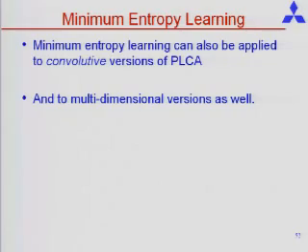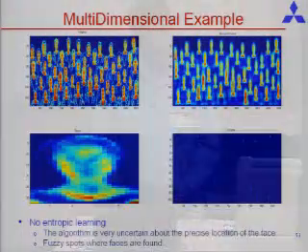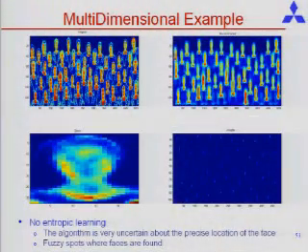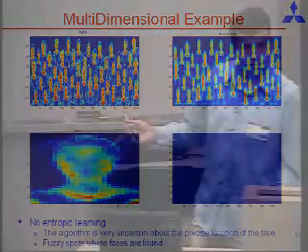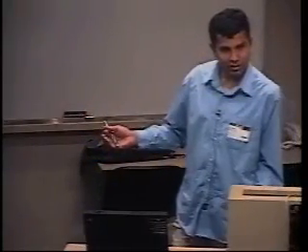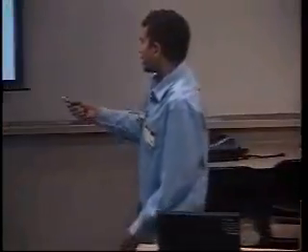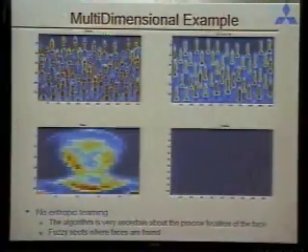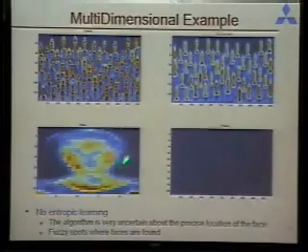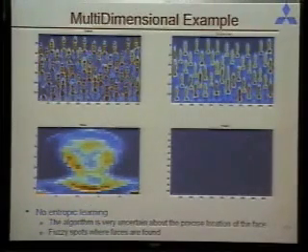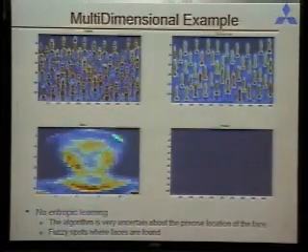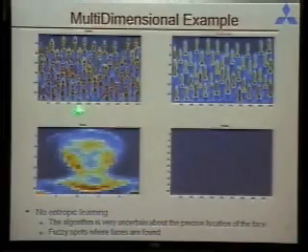We can extend the whole minimum entropy learning approach to the convolutive versions of PLCA. There's just a result based on that. Now this is the figure that Paris showed, except I think this is a grayscale version. You have a collection of faces, and what we tried to estimate was one convolutive basis which must be repeated as many times as possible to reconstruct the whole figure. When you do so, this is the average. It says that the figure is basically a repetition of this image.